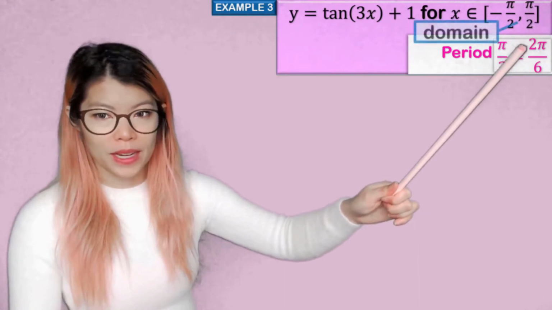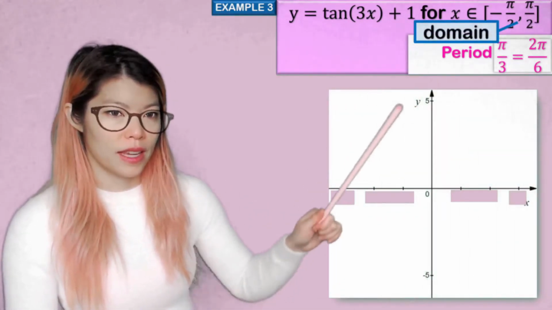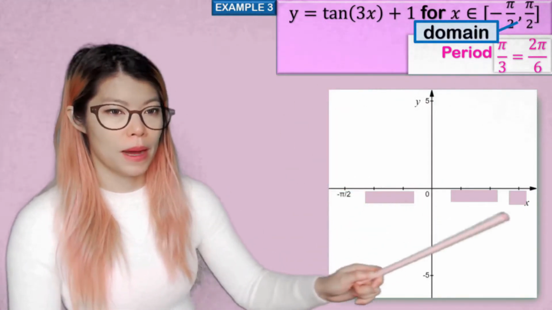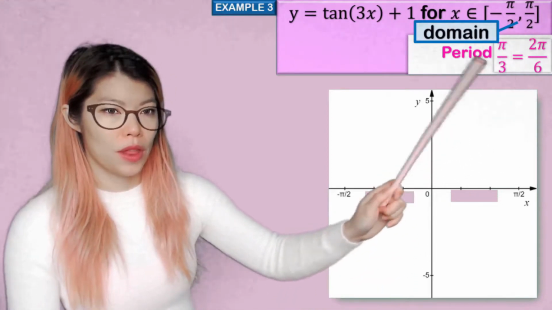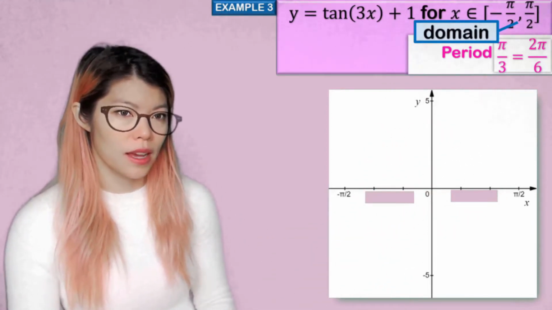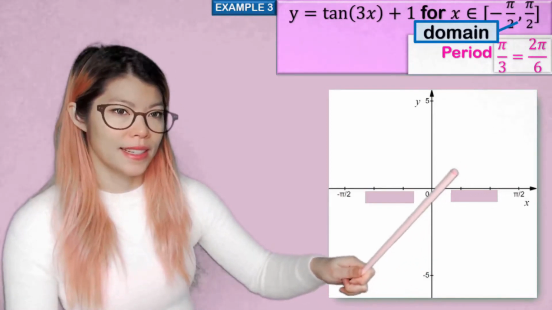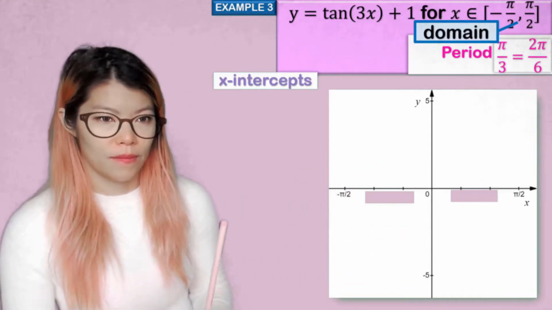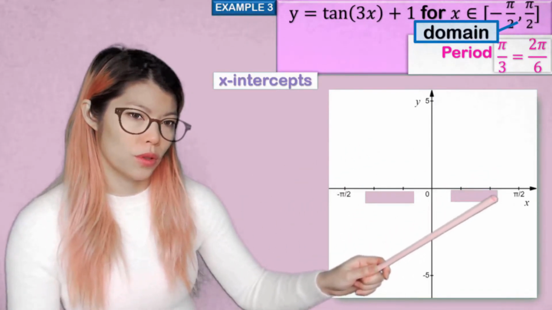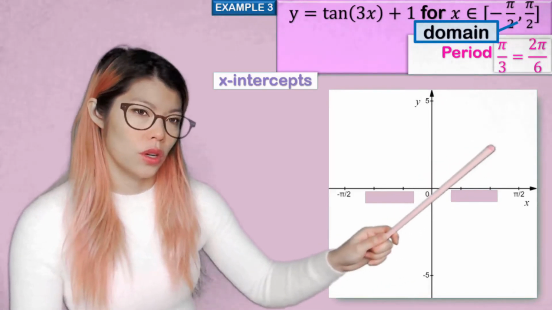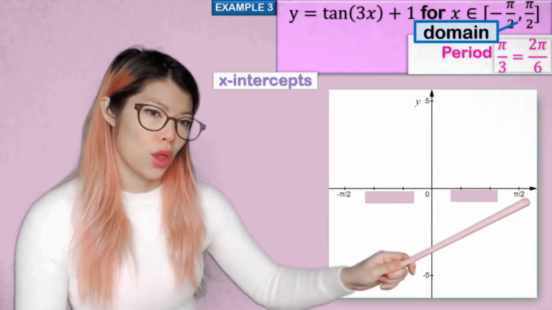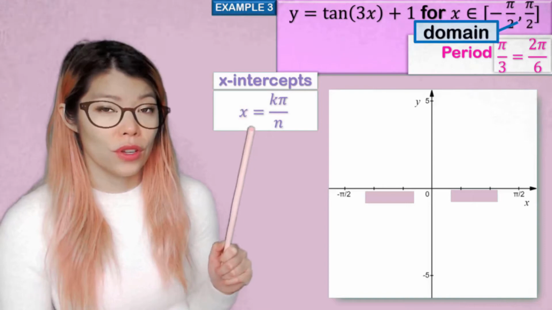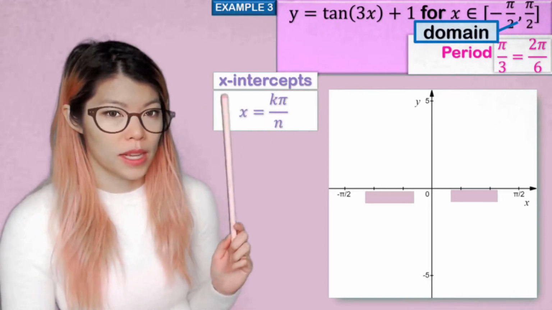So let's sketch the domain. Again, the y-axis is right in the middle because of the domain. We're going from negative half pi to positive half pi, and we're going by thirds, so we're going to count these into thirds. But because a third of a half is a sixth, that's why that was really handy there. So we have pi on 6, 2 pi on 6, 3 pi on 6, which is a half pi. Yeah, that makes sense. Okay, so the original equation that we memorized for the x-intercept was k pi on n,